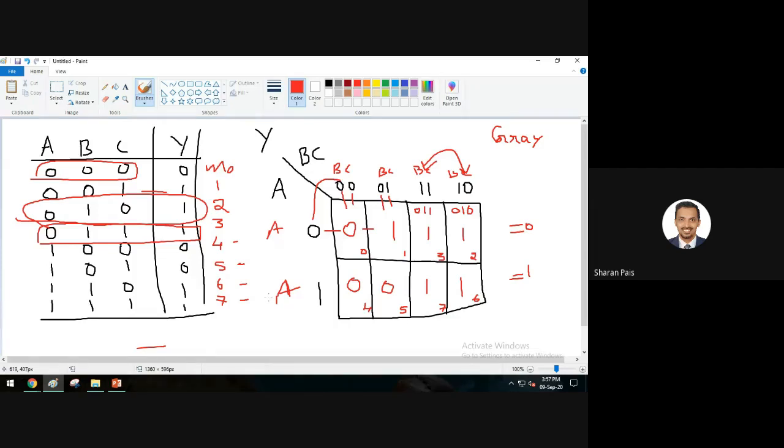So any doubts with the three variable K map? Same as your two variable. The only thing is here on one side you will be adding one more. Previously A B was there. Now along with B I am adding one more, C. Okay, then